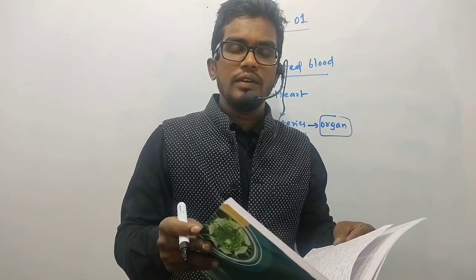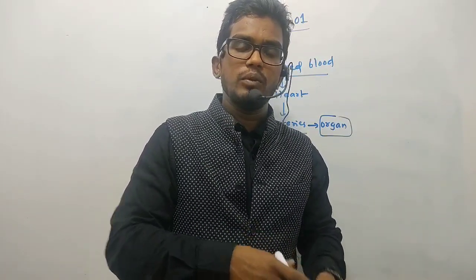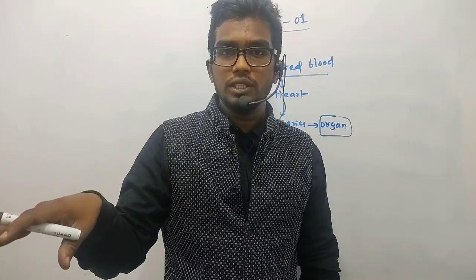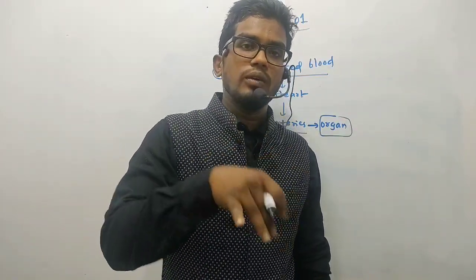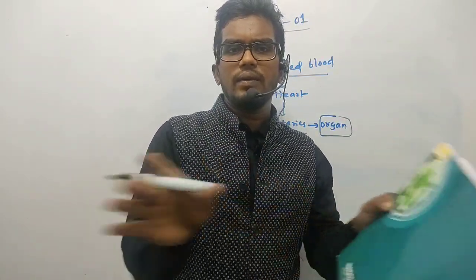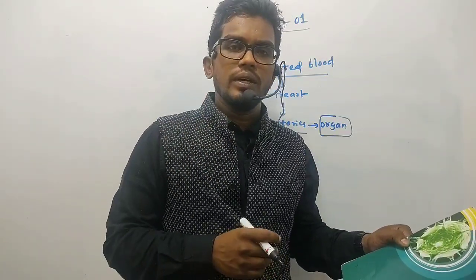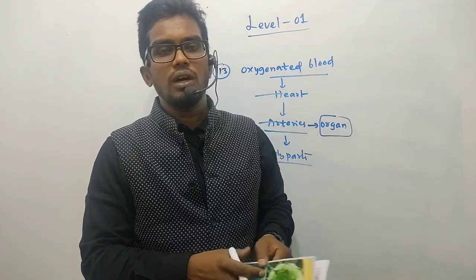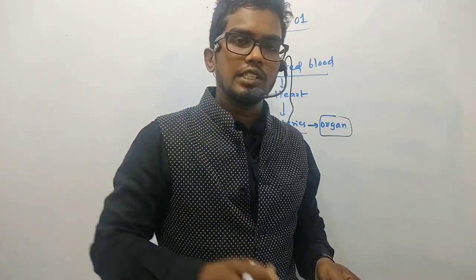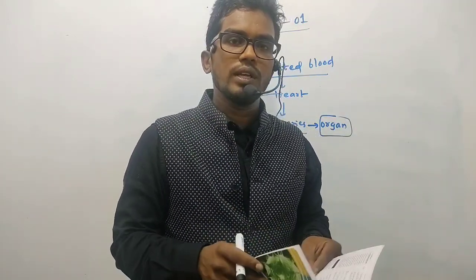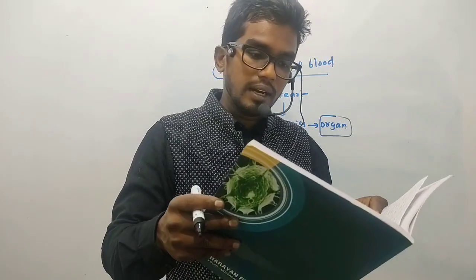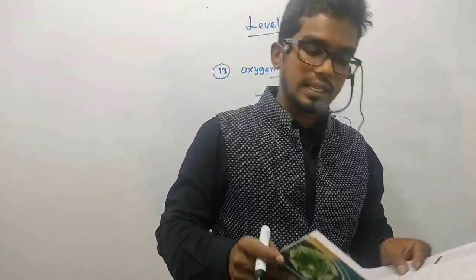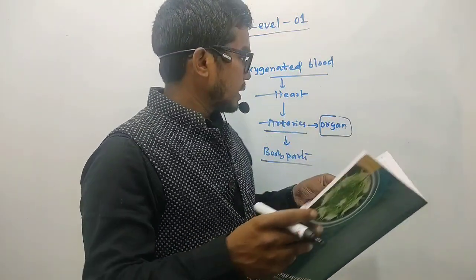The only thing we can say here is that as the oxygenated blood moves from the heart to all the body tissues, it has to move, right? So as it reaches the organ, it again divides and later deposits in the capillaries, and from the capillaries it gets transported to all the required cells of our body. So the most appropriate and the correct option here is capillaries of the body. So please go for option 3. Dear students, next